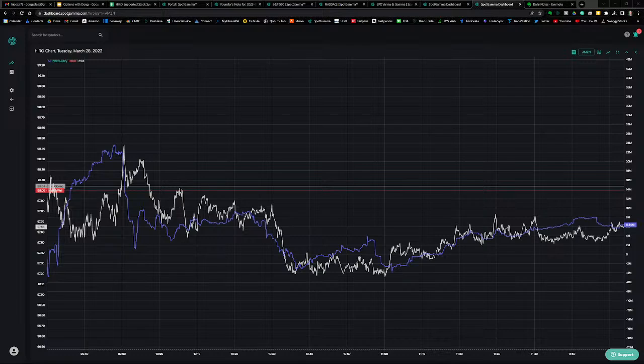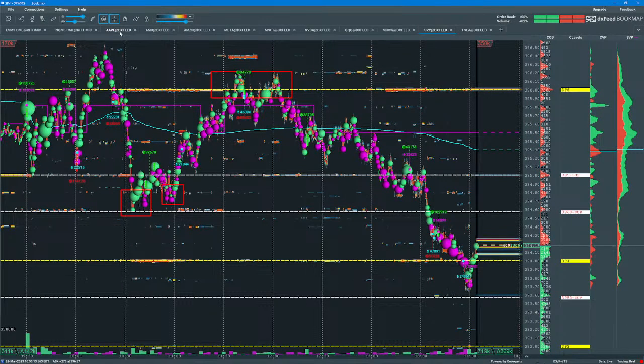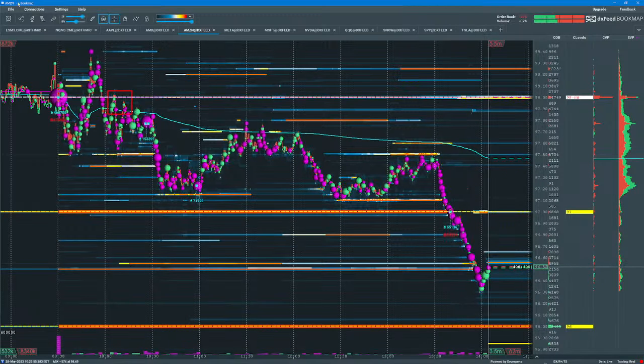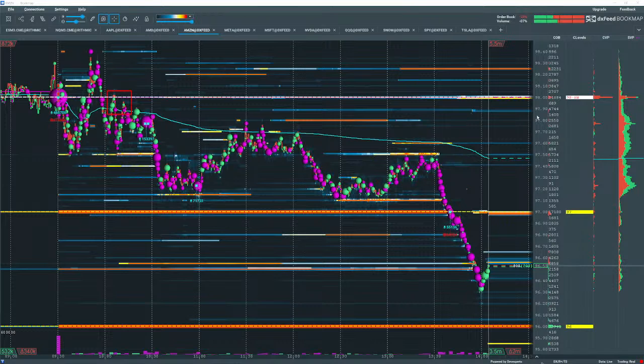Let's go to Bookmap. Take a look at Amazon. And there's that divergent short and a reversal lower at the 96 hedge wall, or 98 hedge wall, I'm sorry, 98 reversal lower, also at VWAP, and kind of a slow grind lower until about the time that my session started.